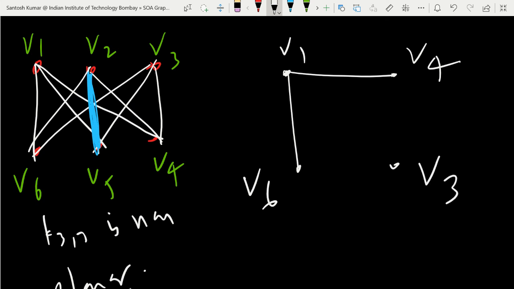And here you take V3. Why am I taking this? Because we have to draw a planar graph, so no edge crossing. So V1 has edges with V6, V4, and V3 has edges with V4, V6. Now let's introduce the other vertices. We have six vertices. V2 you can introduce here, inside. You can take it anywhere, even outside, no problem. So V2 I take here.